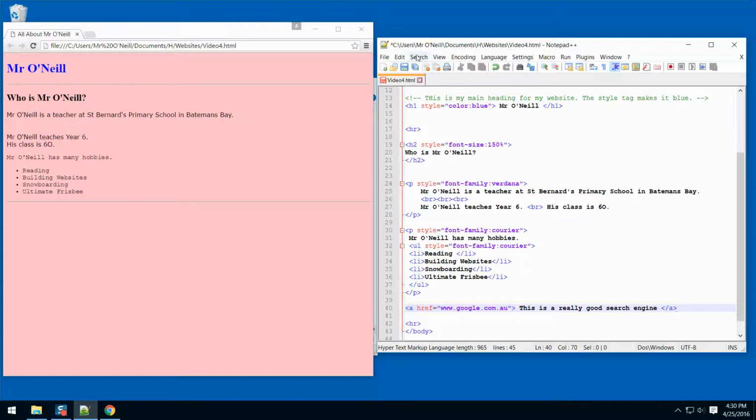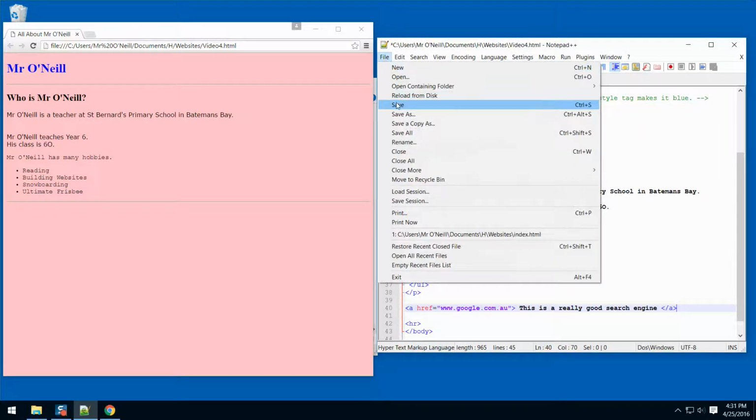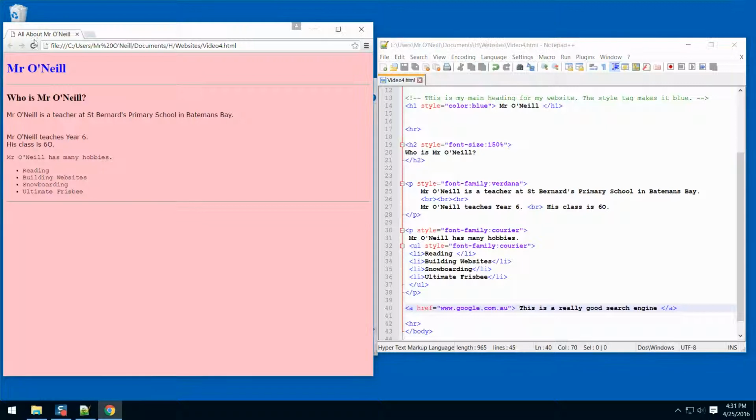Now, if I come up here and click save, and I refresh my website, what you'll see down here is it's added my "this is a really good search engine" as text. And that text goes blue and it gets an underline. And when I hover my mouse over it, I get a different kind of cursor. Now, if I click on this,